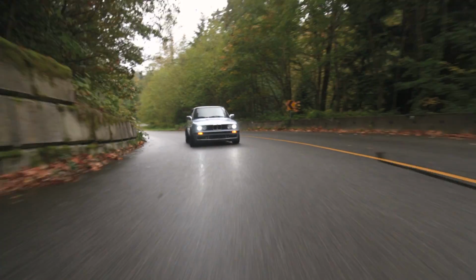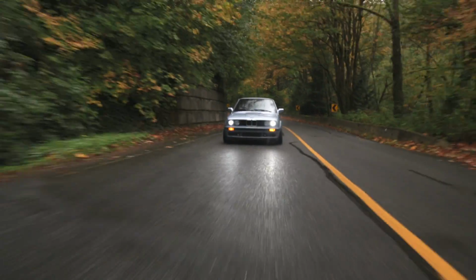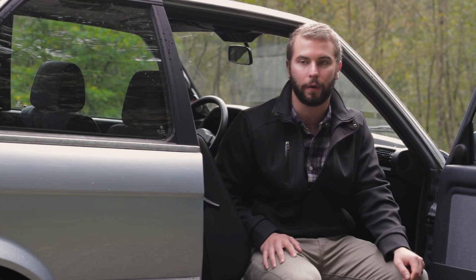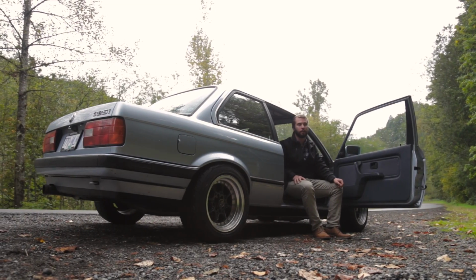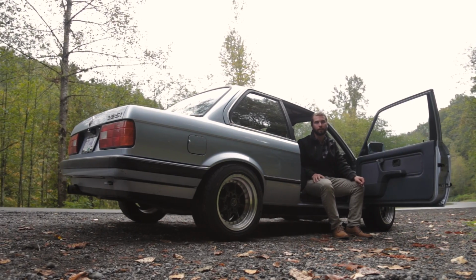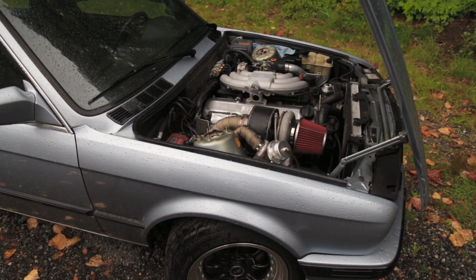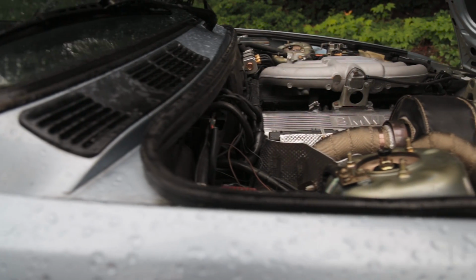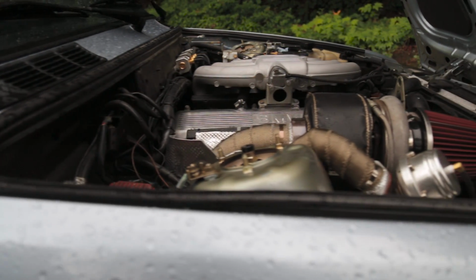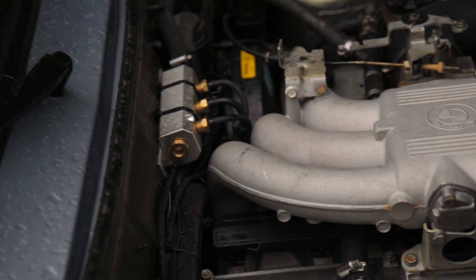The car's running Megasquirt plug and play. So it's a plug and play control unit that uses the stock wiring harness, which is really nice. Running 10.5 PSI, it's got 36-pound injectors, and then just a basic 38mm wastegate and a forged blow-off valve. I had it dynoed, a break-in dyno at Racing Grid back in April, and that was at 7 PSI,